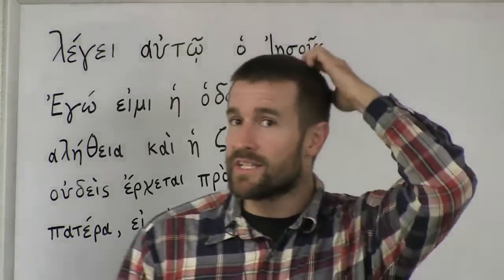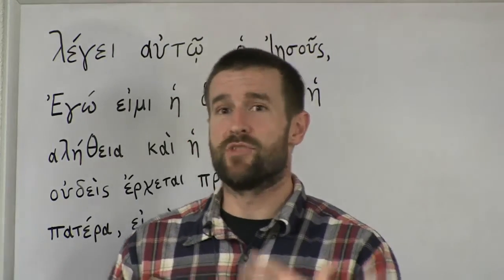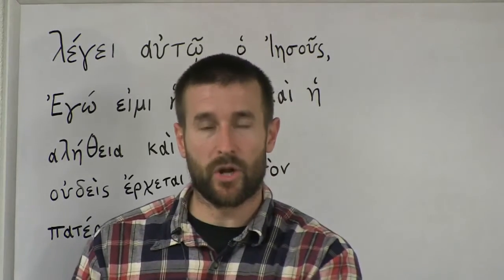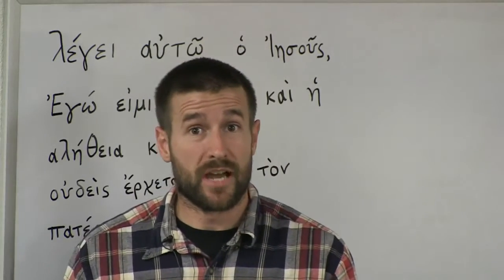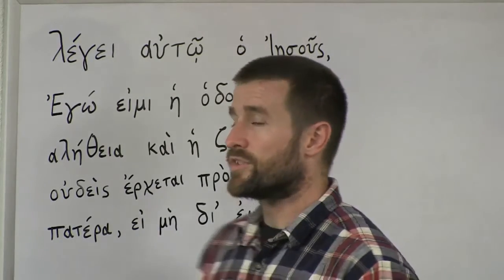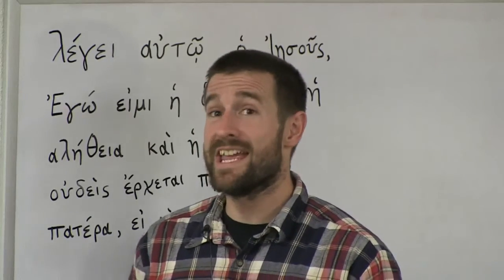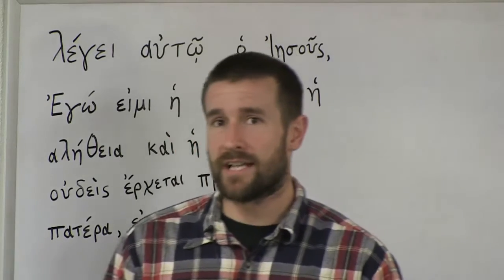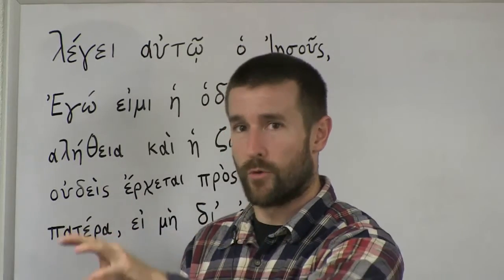Now, in the last video, we talked about the accusative case and the nominative case. The nominative case is the subject of the sentence. The accusative case was the direct object of the sentence, but also the accusative case is used with prepositions sometimes. It's the object of many prepositions is going to be an accusative case also. Well, there's another case called the dative case. And the dative case is something for indirect objects, and it's also used with many prepositions. But an indirect object is what we would say in English, to whom or for whom, okay?